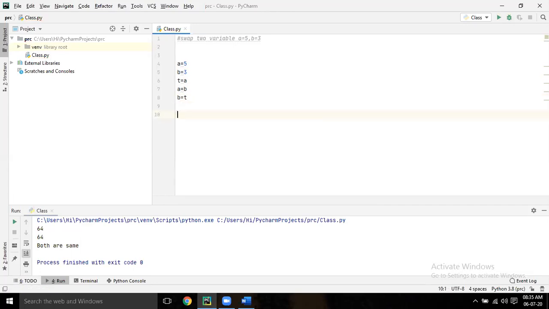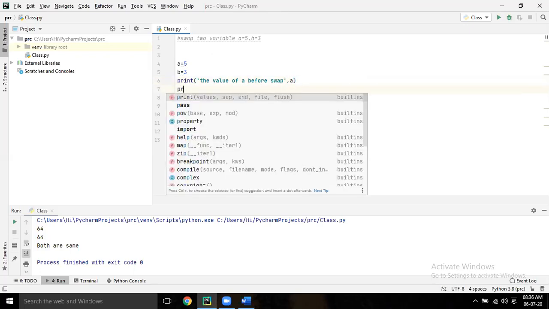Before that, after B equal to 3, enter. Print A, print B. Print, "The value of A before swap is", then give a comma and A outside the quote.